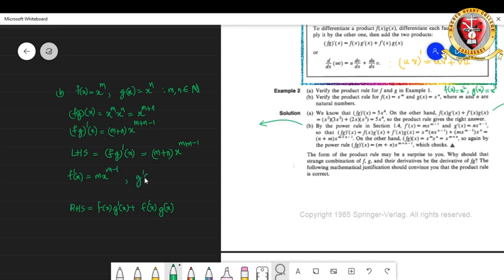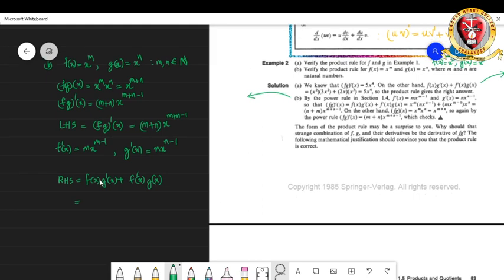Similarly, g dash of x will be n into x raised to n minus 1. So give all those substitutions in the RHS. So you have f of x, which is x raised to m, g dash of x, which is equal to n into x raised to n minus 1, plus f dash of x is nothing but m into x raised to m minus 1 into g of x is nothing but x raised to n,